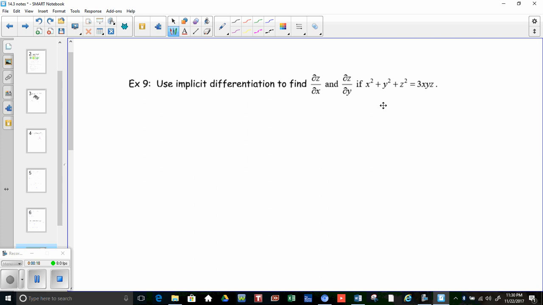And the reason we need to use implicit is because z is being multiplied by the x and the y over here. So it's very much like implicit derivatives in AB/BC, where you couldn't explicitly solve easily for z. I can't solve this thing easily for z and put everything into terms of just x and y. So we're going to have to use the same principles that we did before. So